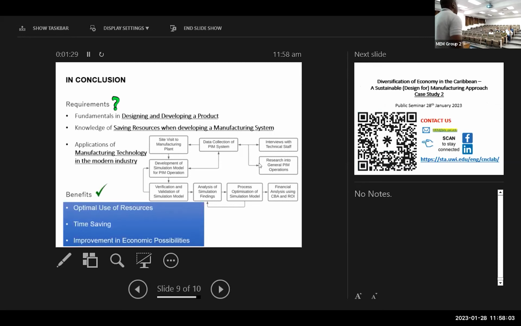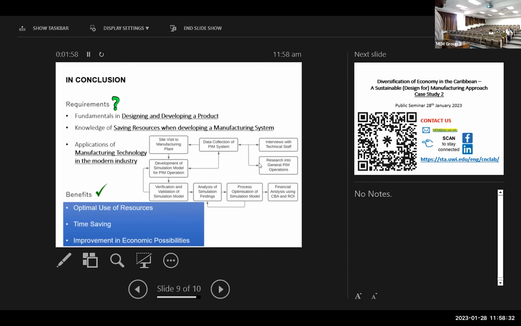So obviously, of course, the benefits that should come out of this would be an optimal use of the resources. You're saving on time in terms of modifications of your existing system by running the simulations, because that will arguably be done a lot faster when you are intending on growing, expanding, or reducing your actual system. And of course, you should save on money, right? That part is always tricky, and it's always very dependent on the simulation that you're actually using, and of course the actual manufacturing system.